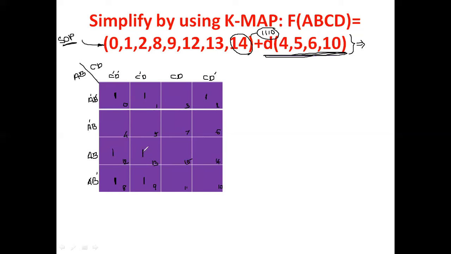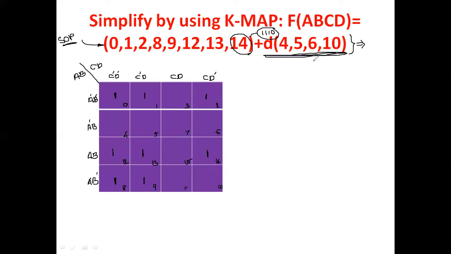Then 14. Sorry, 13. Afterwards, 14 is also given. And then that's all the given numbers in the problem filled. Please listen now. You have to